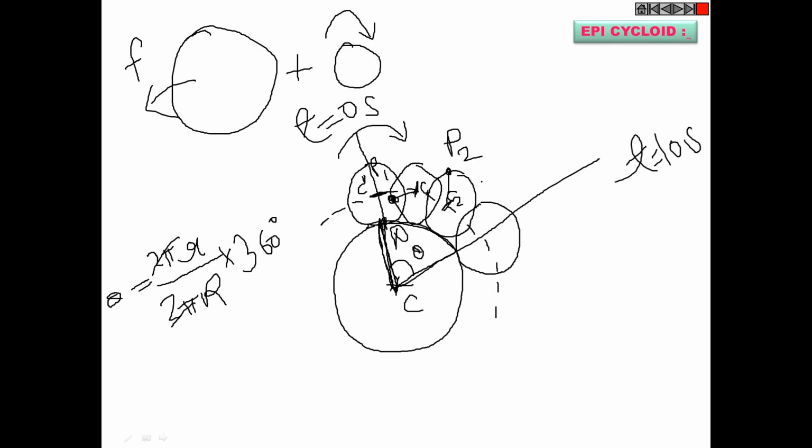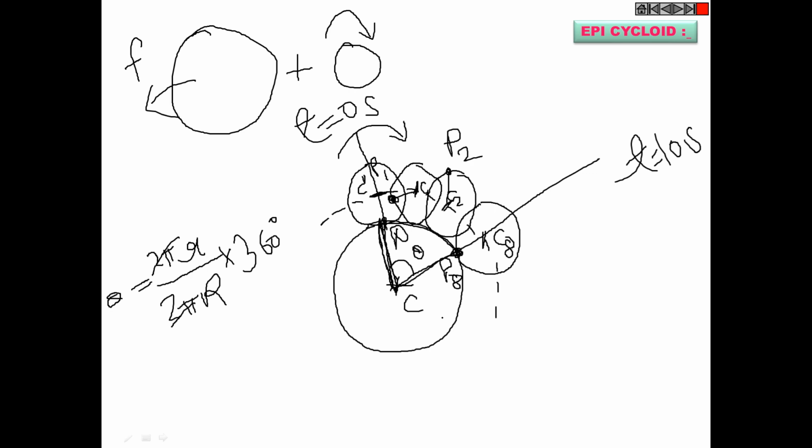Likewise, if you rotate the entire smaller circle through 360 degrees, this is the final position of the circle and this is the center point of the circle, say C8. Now can you locate that locus point P? Please tell me where that point P will be. On the circumference of the bigger circle. That means exactly at this particular point. Yes or no? Yes, sir. This is your point number P8.